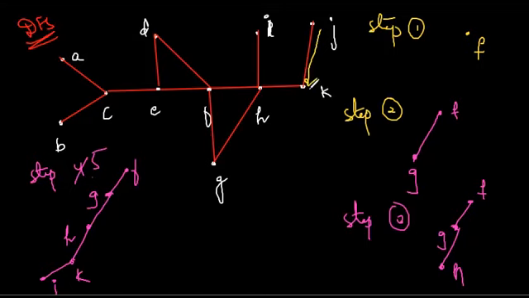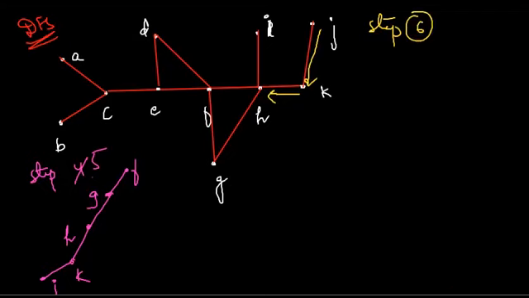Is there any new vertex connected to K? Is there an edge incident to K such that we get a new vertex? No. So again we backtrack to H. Now to H we see that we have G, F and I. We have visited F and G but we did not visit I. So we have backtracked to H and we have to visit this new vertex I.